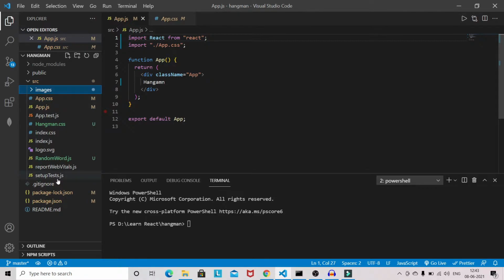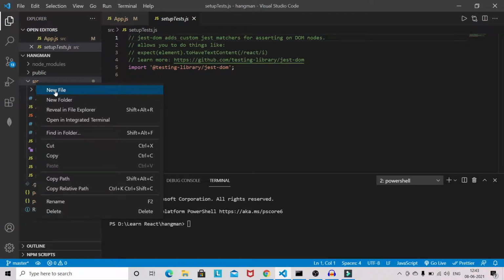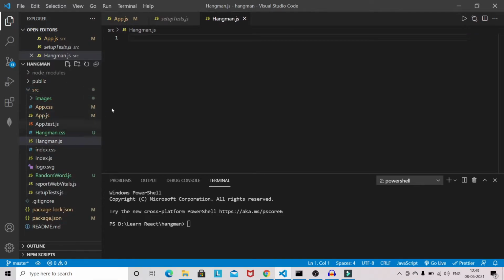Now we will create a file. In this tutorial I am going to use only class based components.